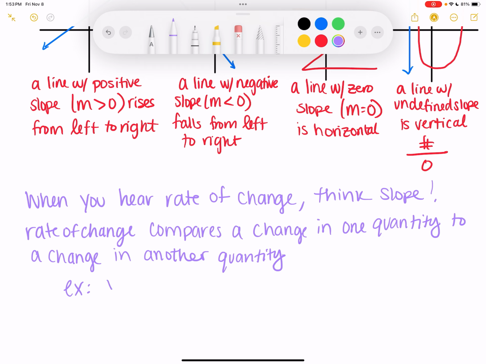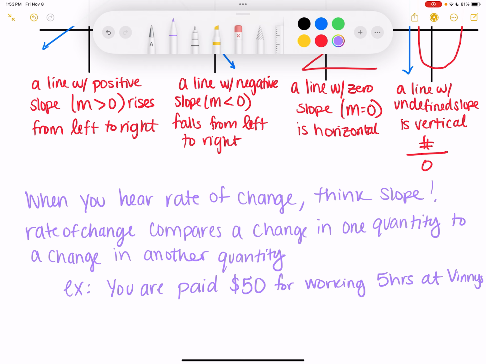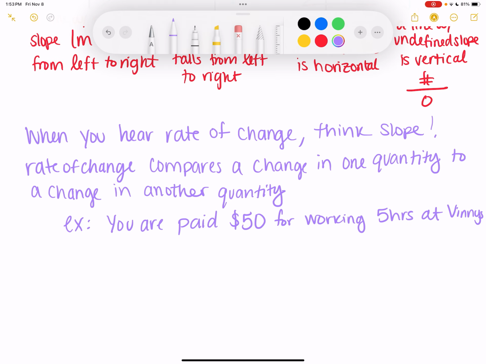Let's say you are paid, let's say you're paid $50 for working 5 hours at Vinny's. That means that you make